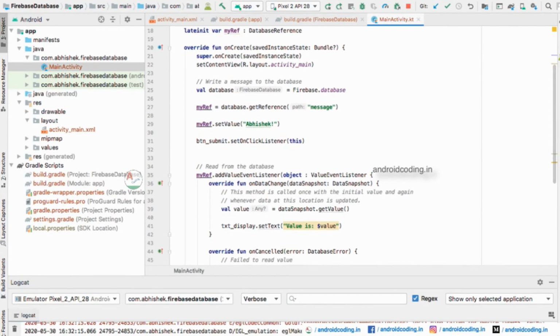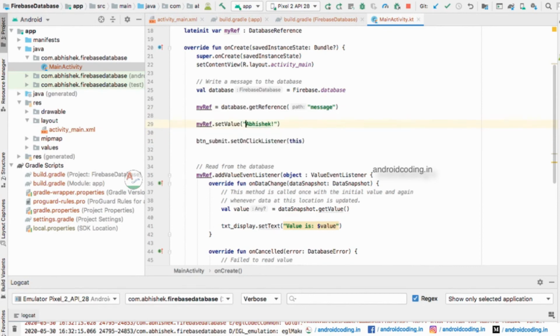So here we are getting a reference. What is message here? This is a label in the database. It is a key actually. With the help of this message key we will be storing some value. While fetching also we will look for this message key and fetch that particular value. Not only fetching, while storing also we will use this message. Don't worry, we will see it in real time now. So here I am setting a basic value.